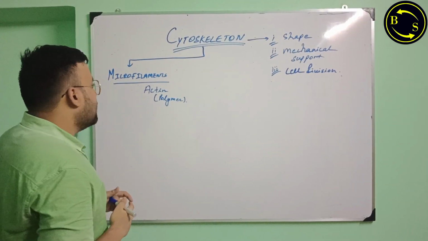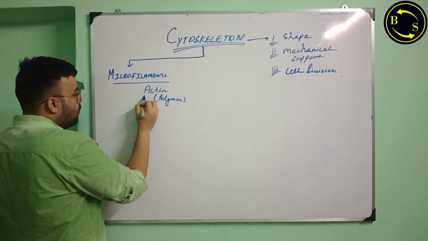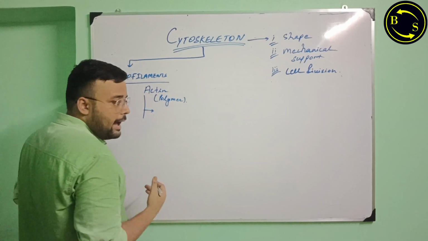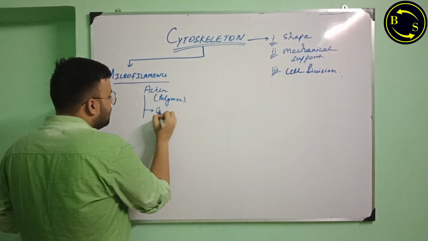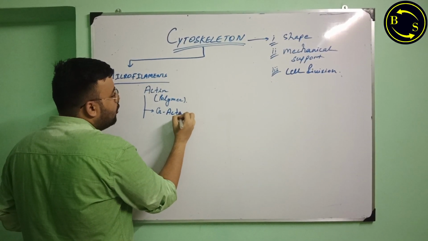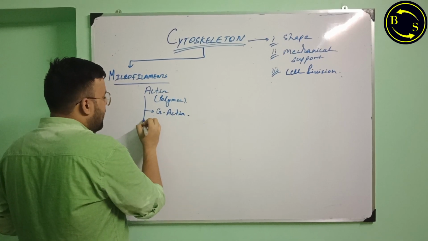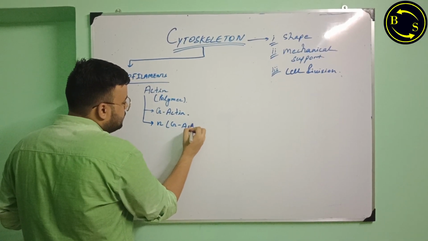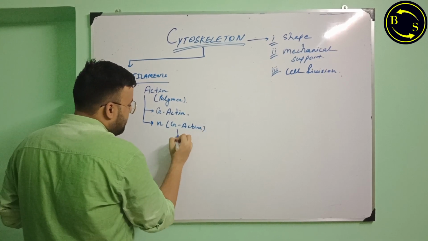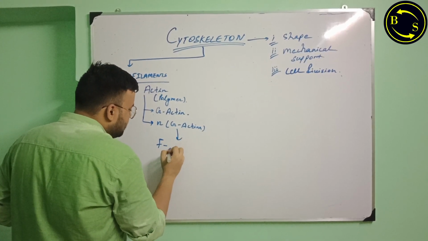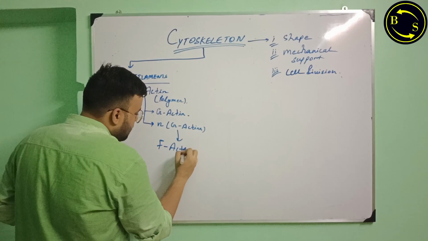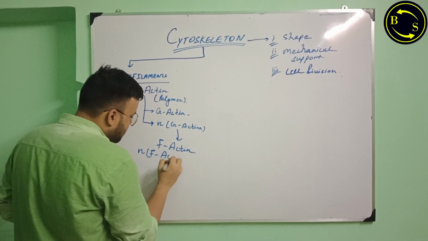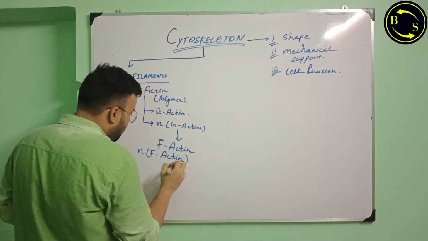Actin also has two parts. One is the monomeric part of the actin. It is known as the G-actin or globular actin, and n number of G-actins make up the filamentous actin or F-actin. Now, n number of F-actins make up